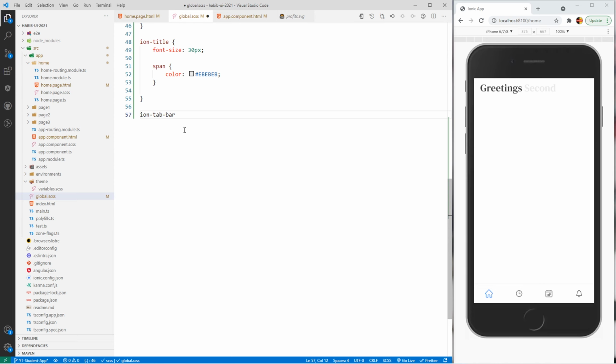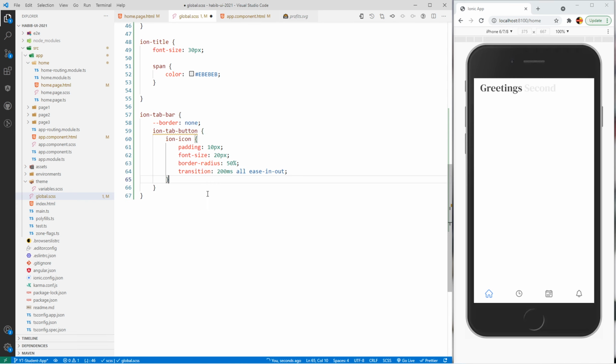Here I will target the ion tab bar. First of all, I want to get rid of the border, so border equal none. So now this line has disappeared. Then I will target the ion tab button, which is inside the ion tab bar, and from here I want to target the icon. I want to set